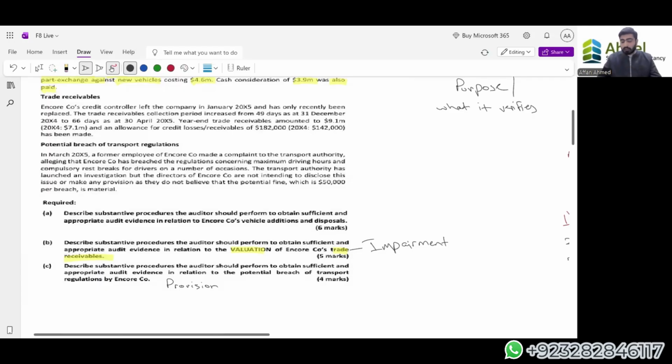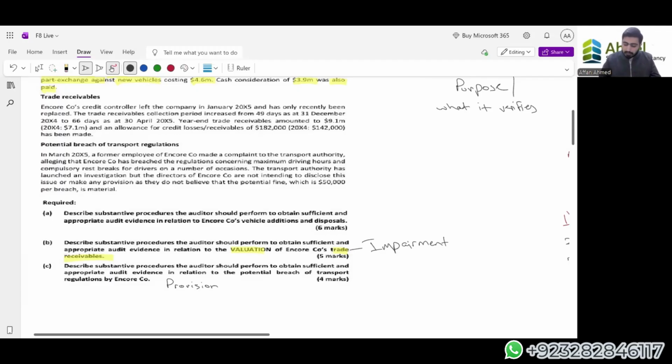Okay. So if you're talking about impairment, what are the hints of impairment, the indicators of impairment? Indicators can be slow moving, late payments, slow movements of inventory, damage. There can be some indication that a person is sick. For receivable purposes, we can see the person is not in a position to pay his dues. His business is going at a loss, etc. So indicators give us a hint of what the accounting treatment should be.